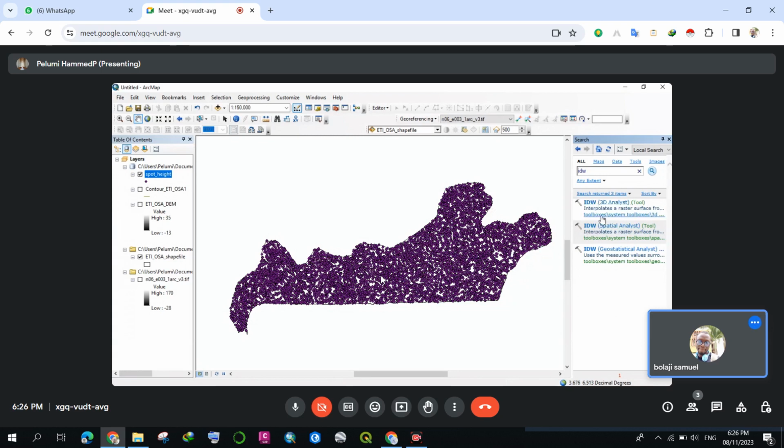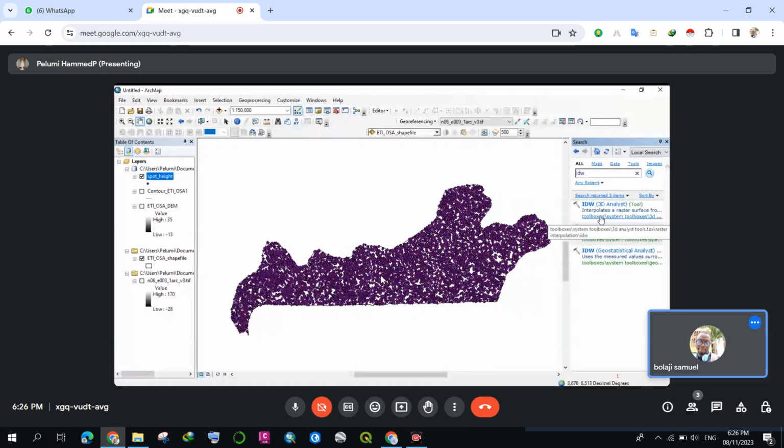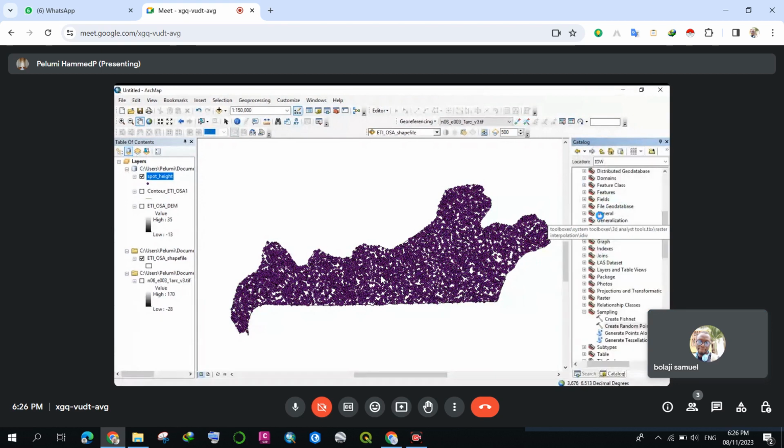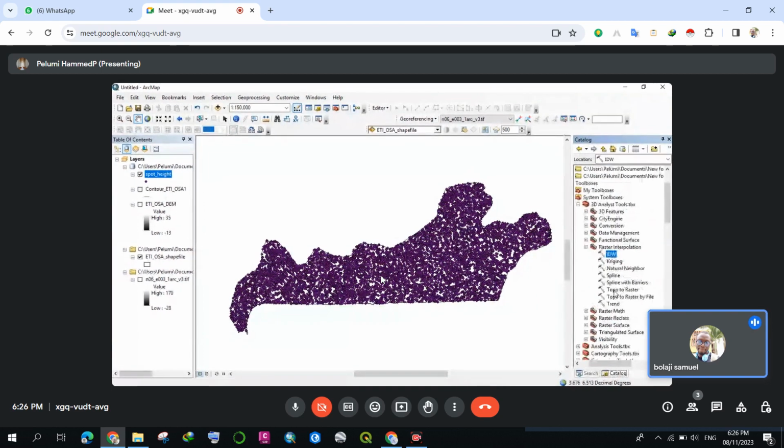Yep, of course, that one. Click on that. So you'll be able to see a lot of raster. Did you see that now? Based on my knowledge, I think ArcGIS has already placed all these tools based on their importance. Did you get my point? So IDW is the best, followed by